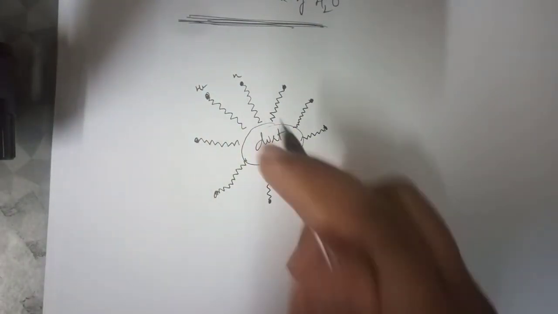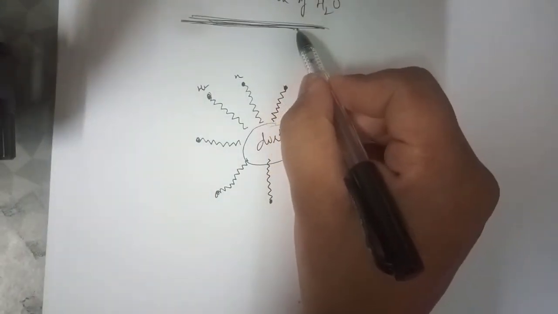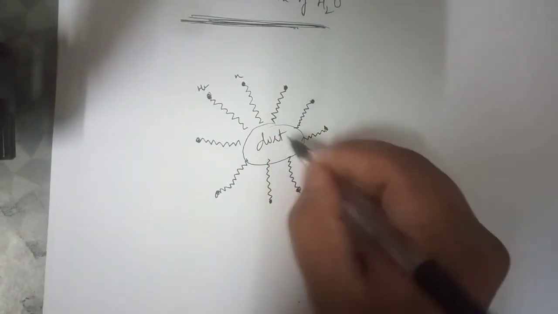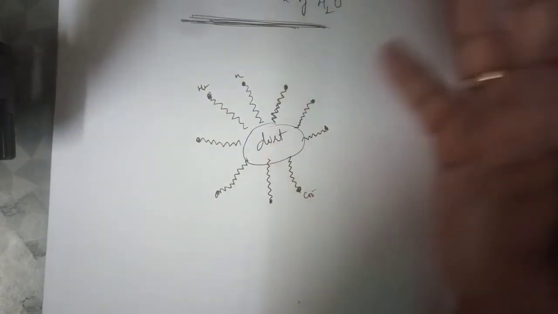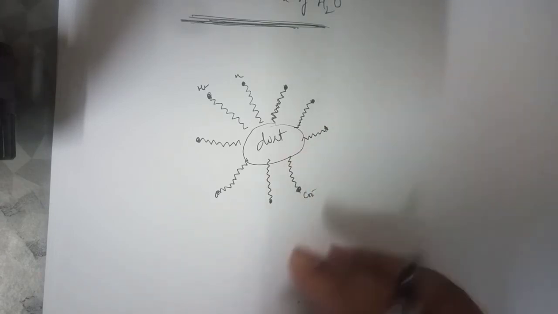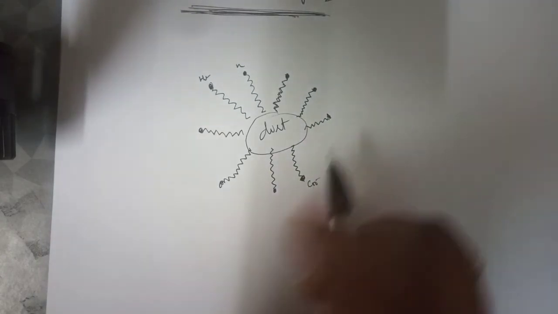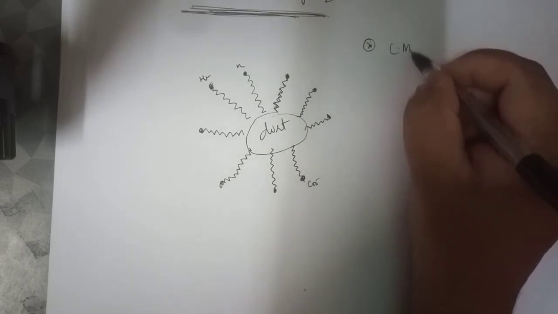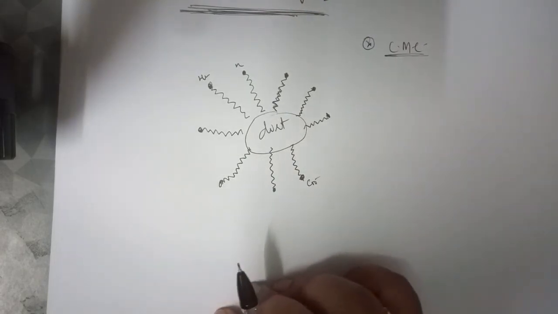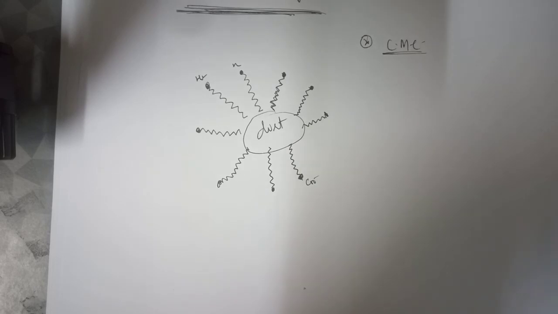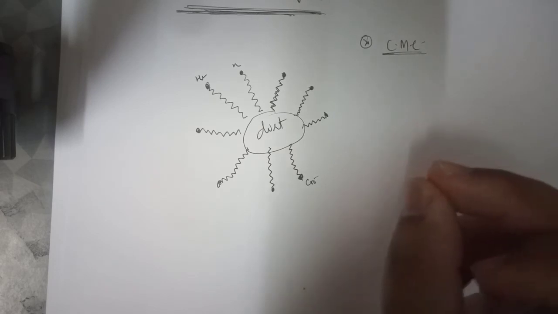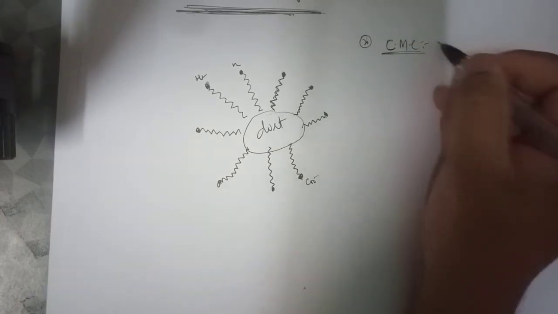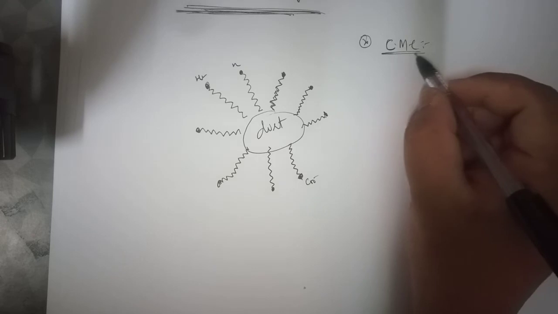Fine. Now the bottom line is, in the bulk of water, what exactly is happening? What I have shown previously is on the superficial layer. In the bulk of water, the particles in the presence of the dirt, the stearate ions, have their heads outside. And we have to define two important terms: CMC. Micelle formation will happen only at higher concentration, so it depends on the concentration. CMC is nothing but the critical micelle concentration.